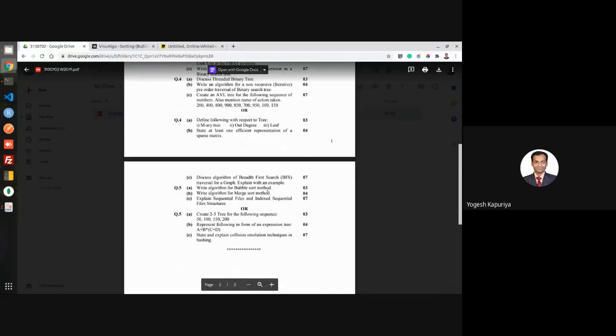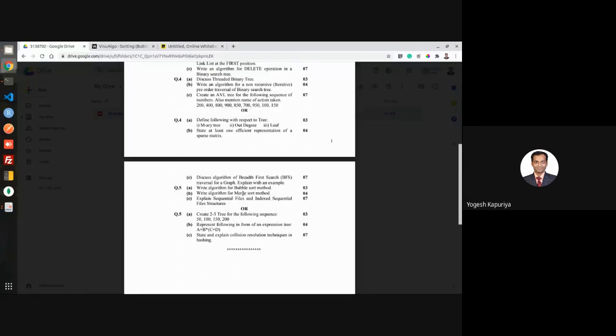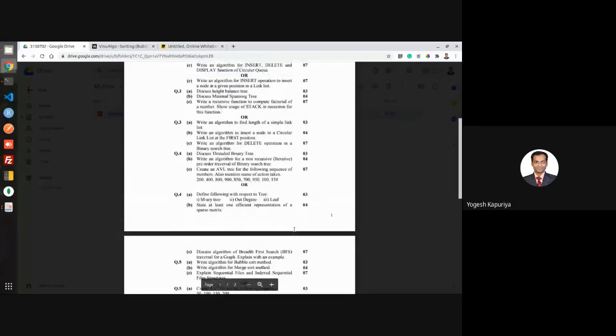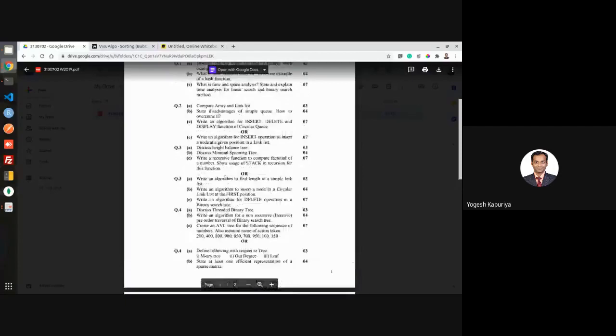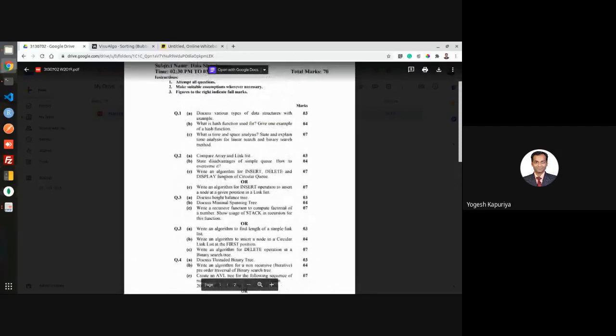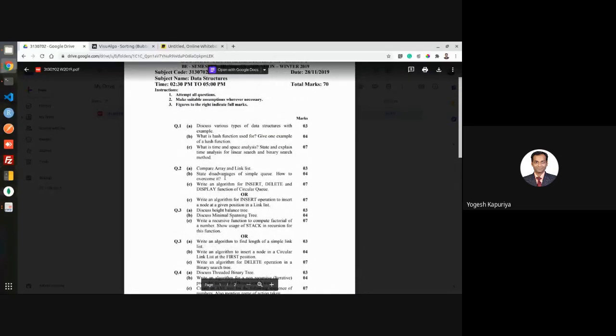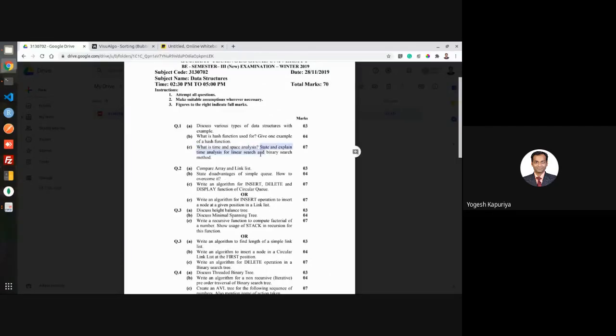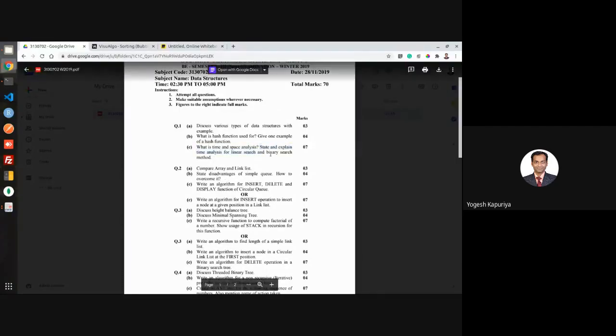So two questions were asked: write an algorithm for bubble sort and write an algorithm for merge sort. 3 marks, 4 marks. No other question, I think. Yeah, there is one more. State and explain time analysis for linear search and binary search.